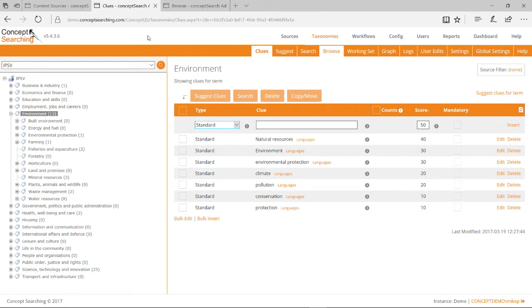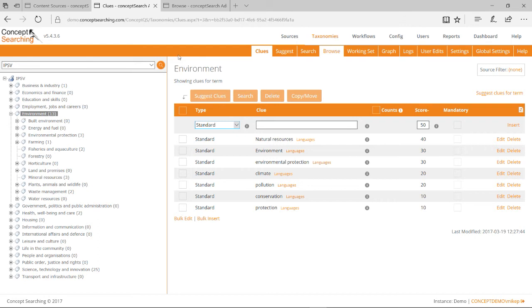As I mentioned earlier, our auto-classification engine is a rule-based system, and here we have some of the rules that we're using to auto-classify content. In this case, with this particular term, all of the rules that we're using are based on natural language, including compound terms and single words. Depending on how relevant a particular word or phrase is to identifying whether that document is about a particular subject, we have a higher score or a lower score.